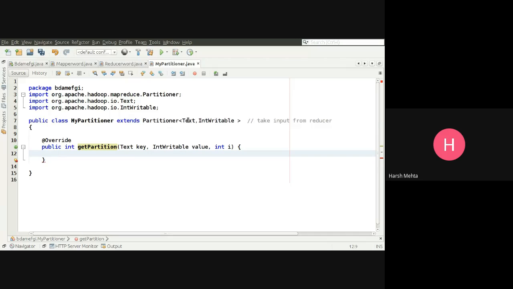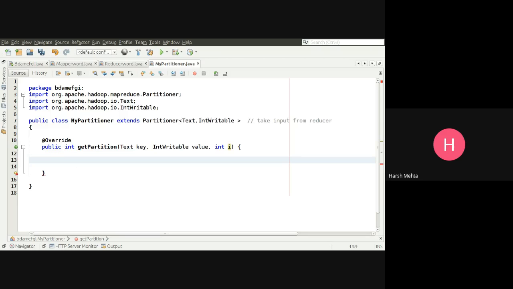Now you see, it takes one argument as a key, this key will come here, and the value an integer. How many partitions do we want? Its return type is integer. We have not given a return yet, that's why it gave me a little error.